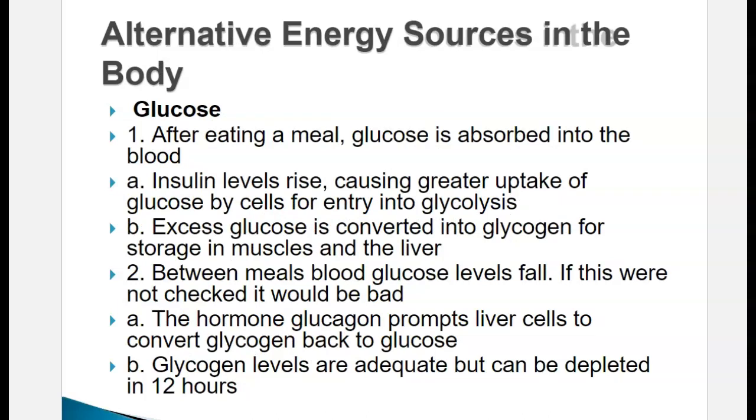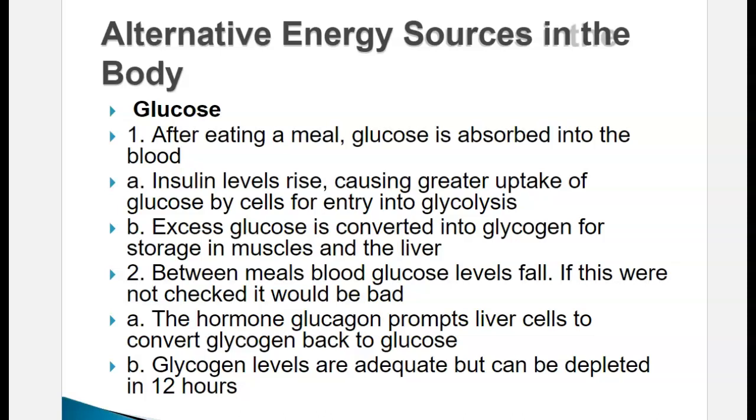So what are the organic molecules of choice? Where do you get your energy from? Of course, glucose is the number one choice, right? That's your blood sugar, your glucose levels. You eat a meal, you absorb the glucose, it goes into your blood, it triggers your pancreas to release insulin. Insulin then causes your body cells to take up the glucose. You still have some in the blood. As long as there's glucose in the blood, the insulin is produced and it tells the liver to convert that into glycogen. Your muscles will also convert excess glucose into glycogen.